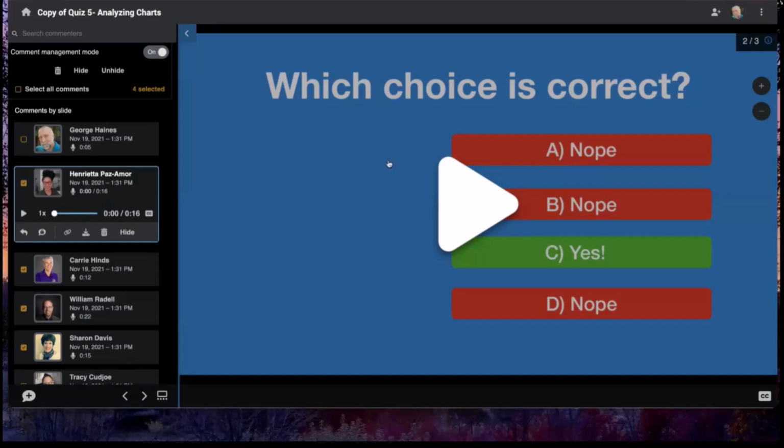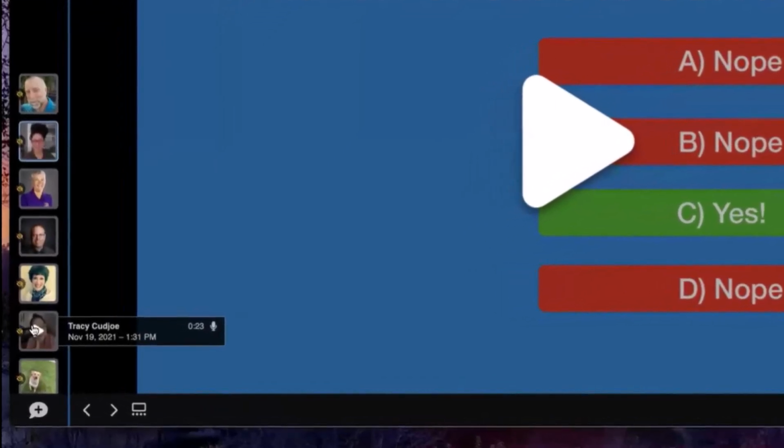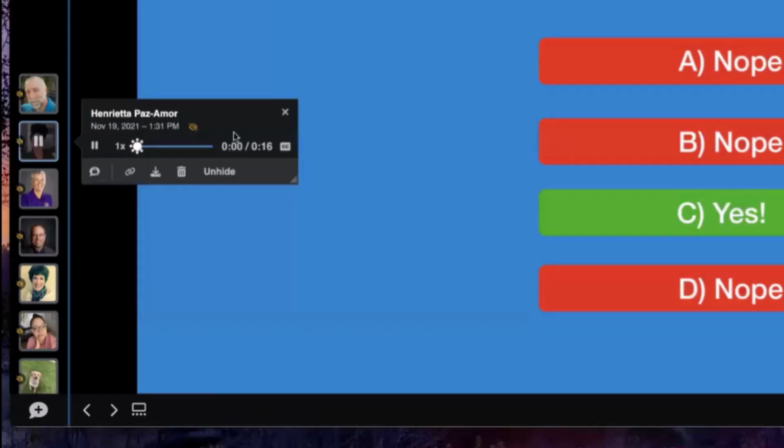Now another element I want to show you here. So let's say I have comment moderation turned on. These comments are hidden. But I want to give feedback to my students. What I can do is record a private reply. So let's say I'm listening to this comment. Hello, everyone. It's Henry again. This is such a fun. Now she gives an answer and I want to give her feedback, but this comment, remember, is only visible to me. Nobody else can see or hear this comment.